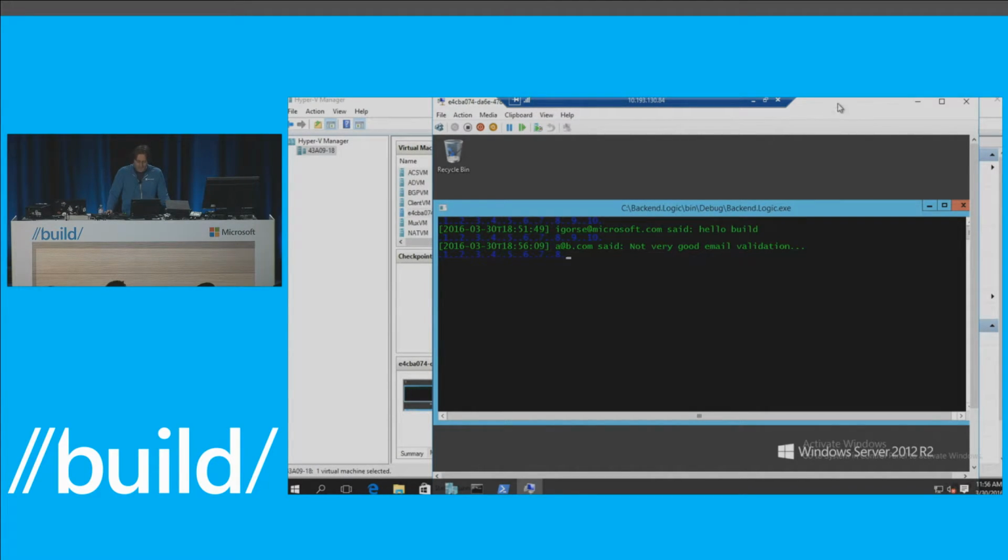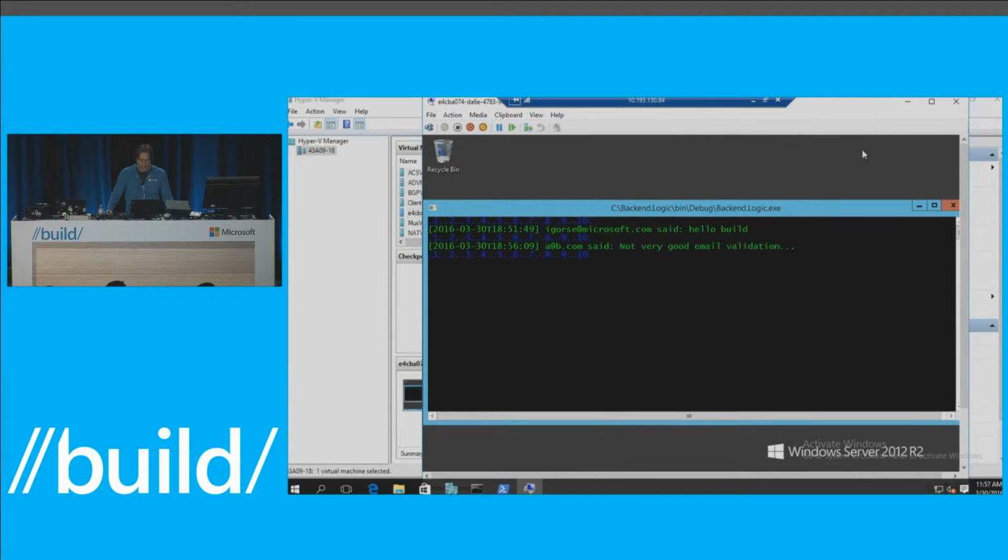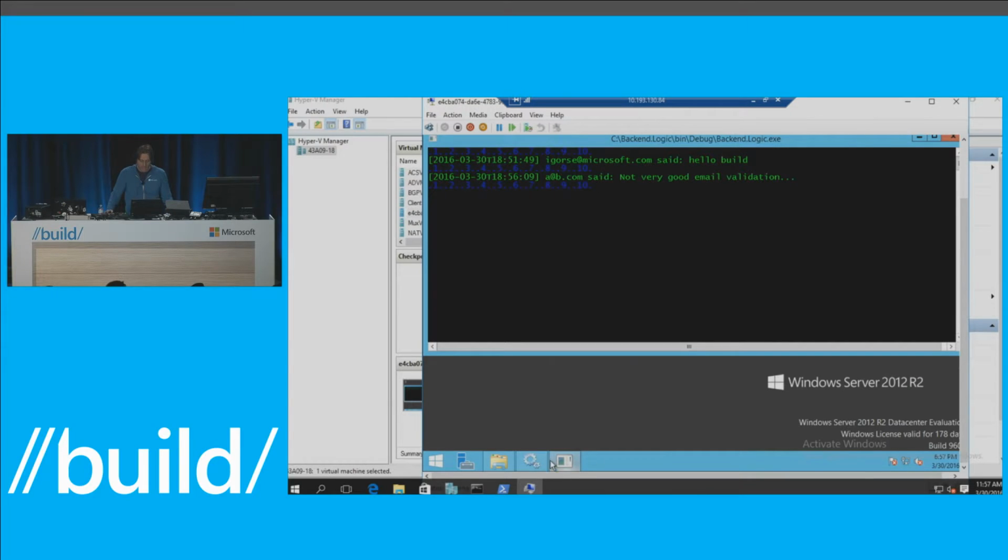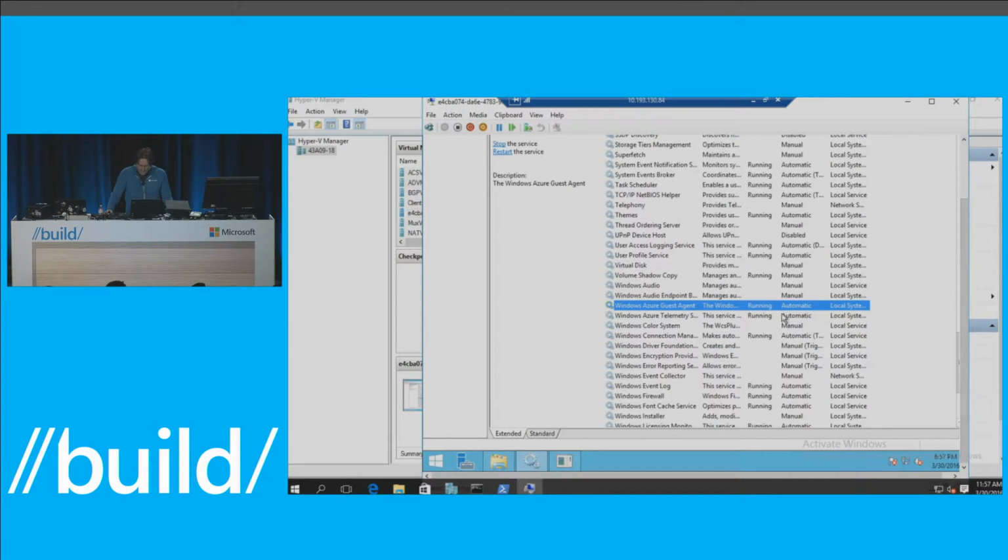So you see now I found that VM, and it's actually on my private instance. Although it looked like a VM in Azure, I was able to do anything I can do with Azure here. And somehow it's running here locally. Let me show you something about it. You see this says Windows Azure Guest Agent. So it's actually important. What we did is we made sure that our Azure Stack infrastructure serves the same guest contract to the VM. Things like configuration, things like heartbeating, all that management of the guest in Azure Stack.